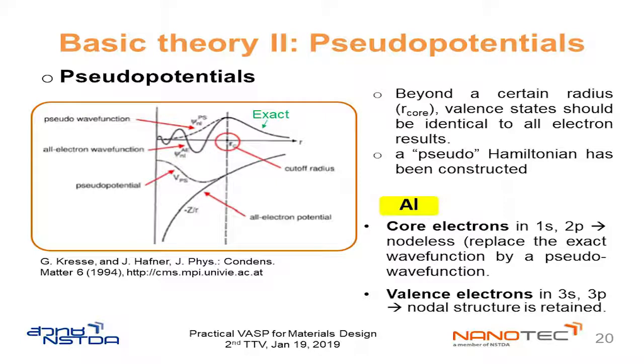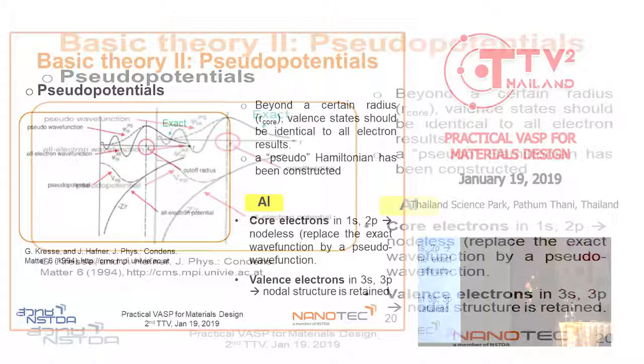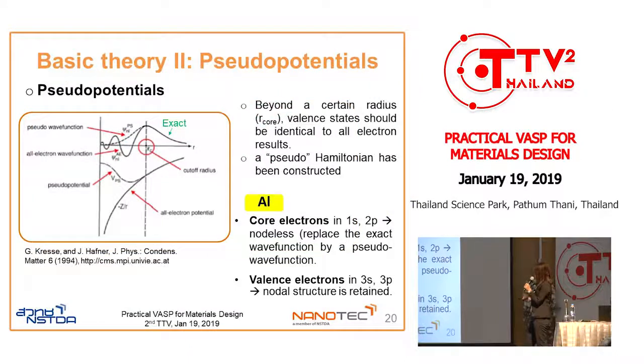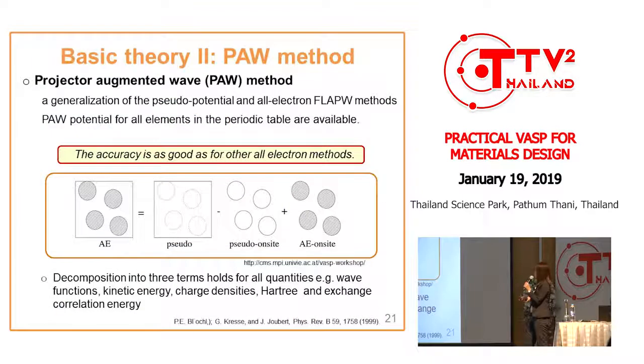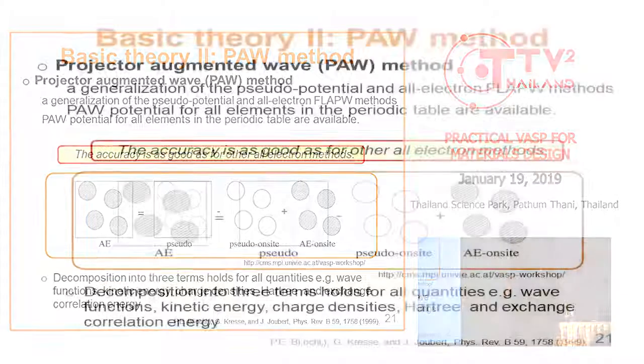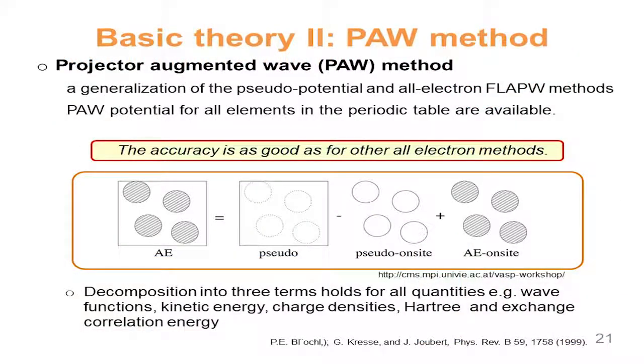For example, for aluminum, the valence electrons, 3s and 3p, we treat with the exact wave function. And for the rest, we treat as a core electron wave function by a pseudo wave function. And the projector augmented wave method is a combination of the pseudo potential method and the all electron method. They also calculate in 3 parts, and